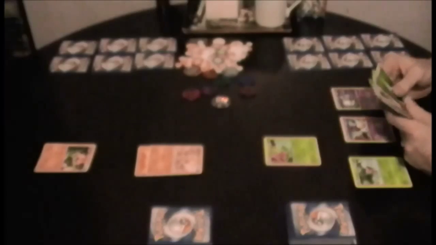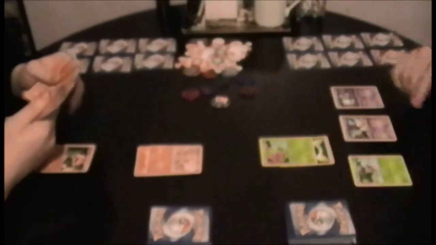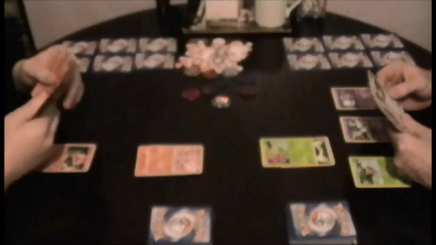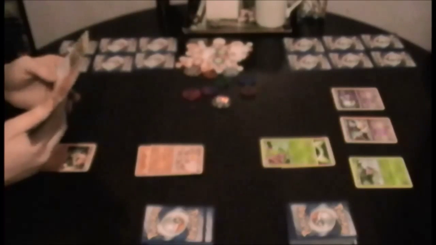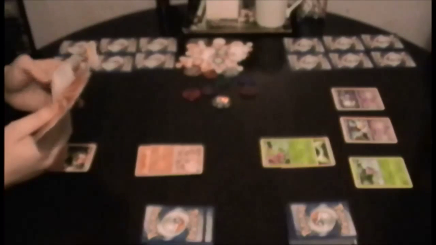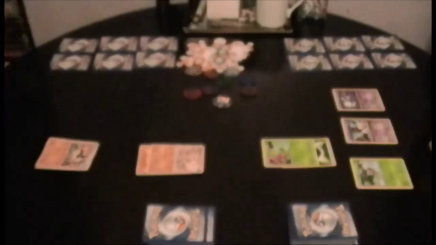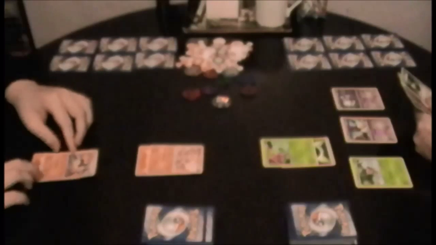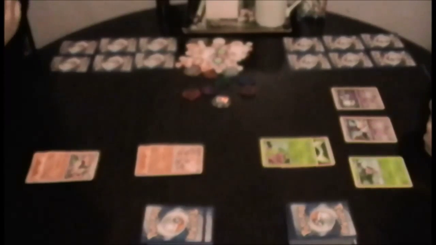So he top decked Grimer, which he's now played. He plays a Grass Energy to the Trico, and ends the turn, passes to me. I draw a card. Evolve Cyndaquil into Quilava, play a Fire Energy to him, and